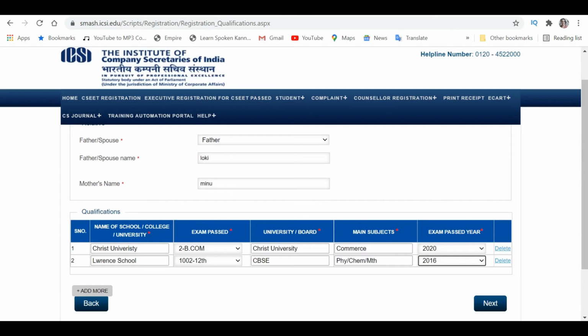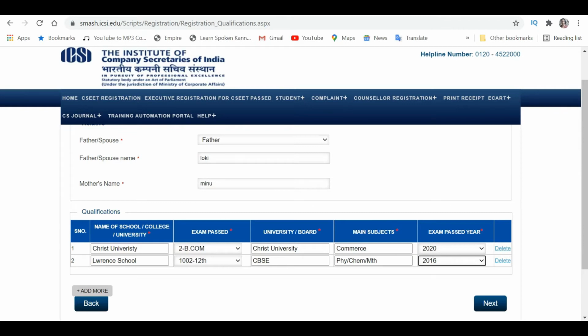Now, since you are coming through the option of graduates or postgraduates, you have to type out everything from the 10th pass. That means if you passed your 10th standard, then which board, or if you did it under the CBSE board, then you go ahead with that. Then which year did you pass, what were the main subjects, etc. Then you have to type out when you passed your 12th standard, and that has to be mentioned over here. And finally, you have to mention your qualification with regards to your graduation.